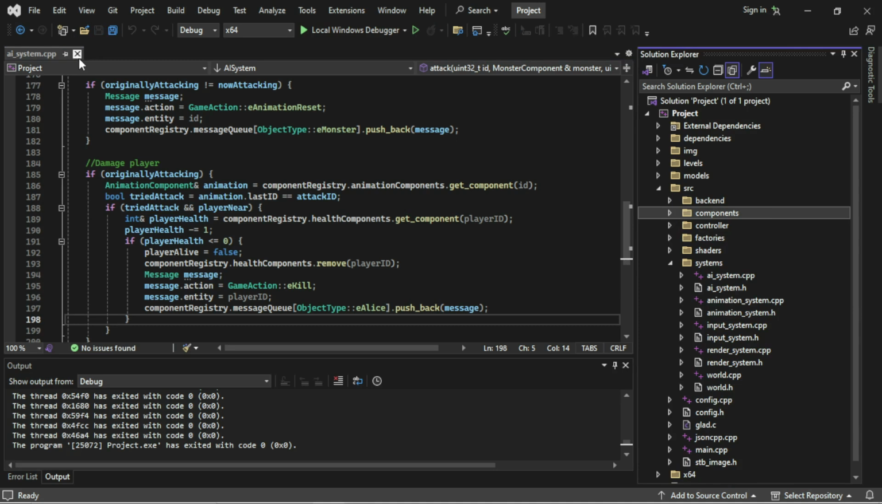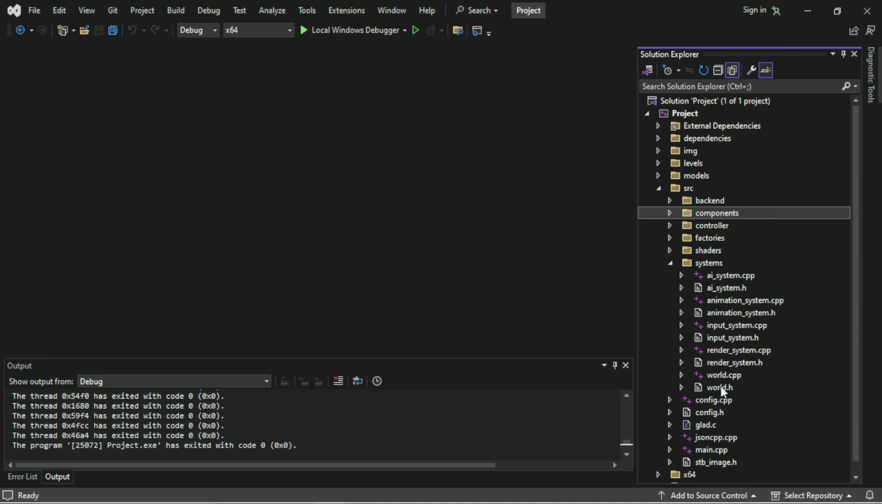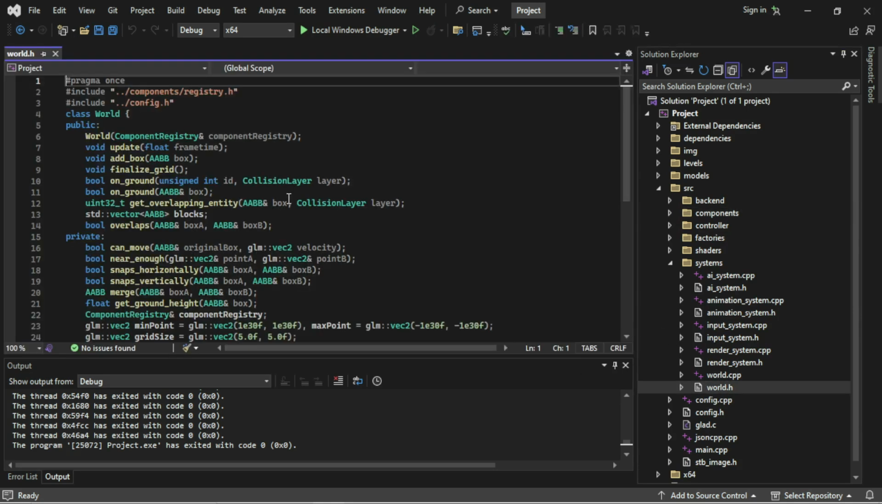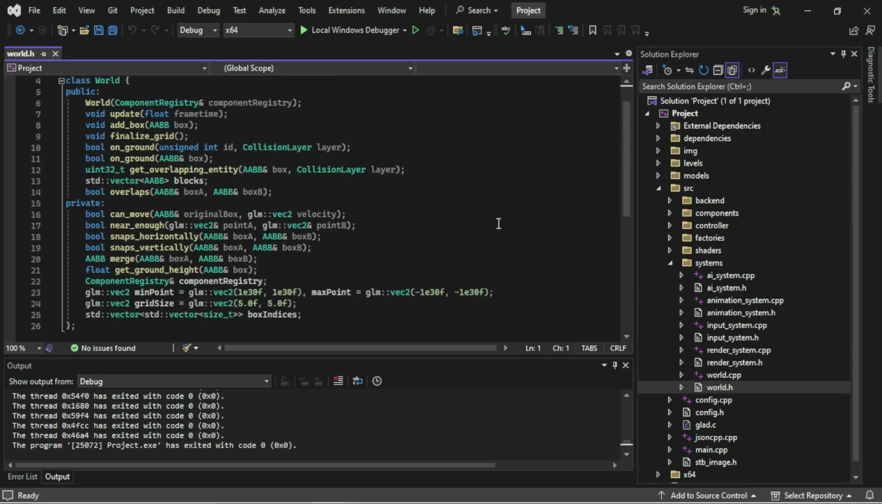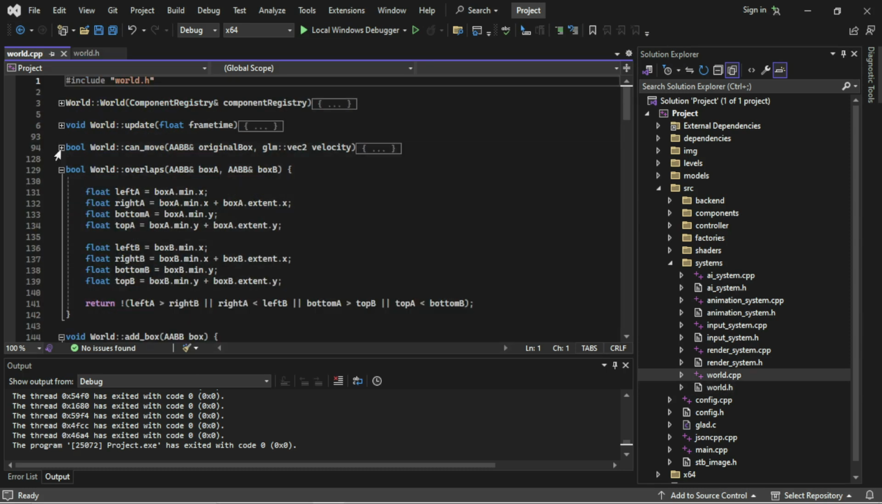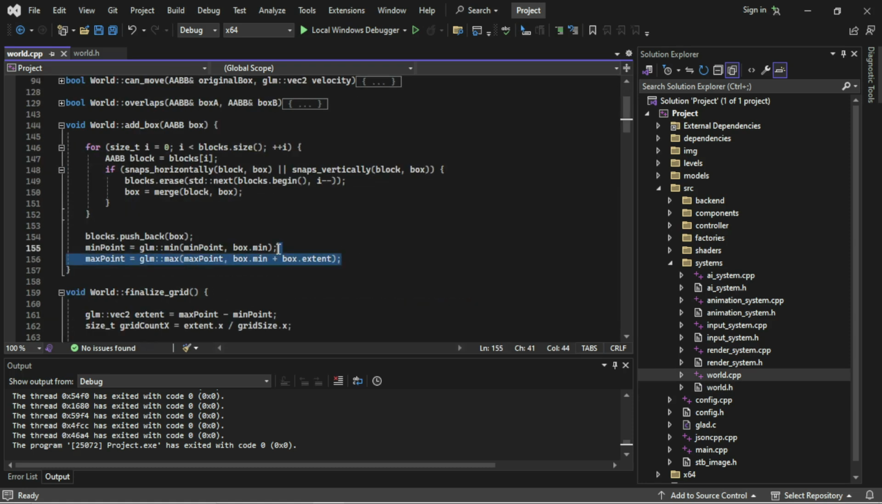Let me talk about collisions. So I finally implemented some sort of spatial hashing, and this isn't even full spatial hashing, this is just spatial hashing currently based on the x-axis. Upon adding a block, we just take note of how this relates to the world. So we update our minimum and max points of the world so that we have a single large box which